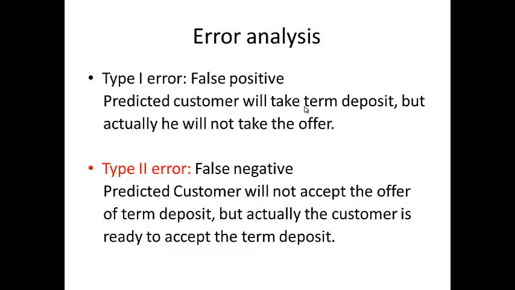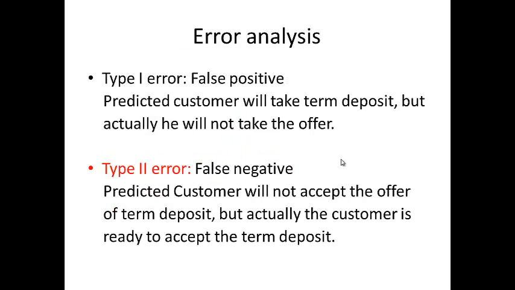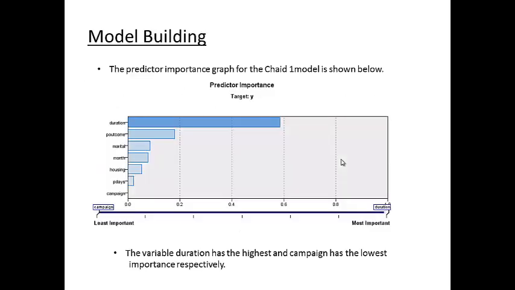So type 2 error is the major concern in our project, because our model is predicting 243 customers as they won't take the offer, but they actually take the offer. So a high type 2 error is our issue. In order to reduce the type 2 error without affecting the type 1 error, we can use more sample data, or we need to collect more data to solve this issue.